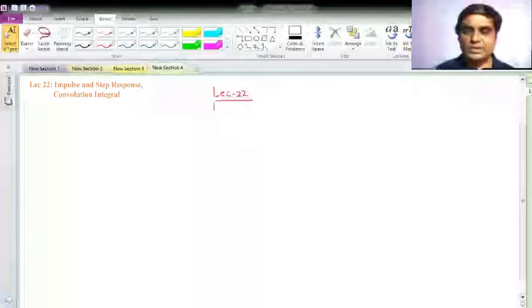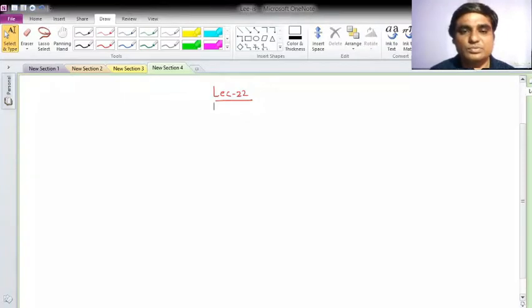Welcome to lecture 22. In the last class we have seen how we can solve the circuit by the use of Laplace transform. We have seen how to find the Laplace transform of an individual signal, and once I have a combined system representation, how can we find the Laplace transform? And once I know the Laplace transform, we have also seen how we can express the system function, or after finding the Laplace transform of the system, how we can express it as a partial fraction expansion.